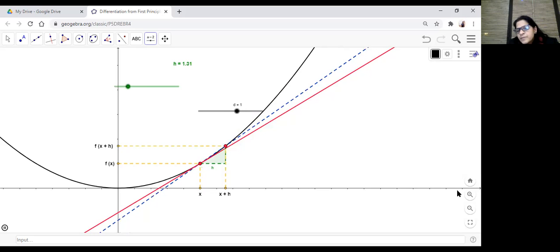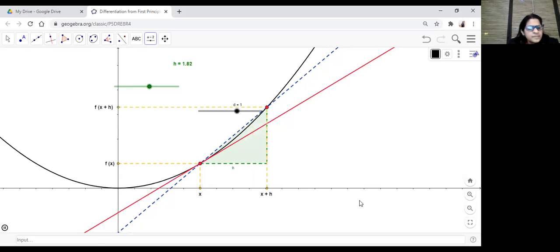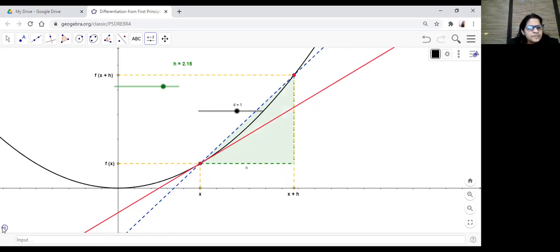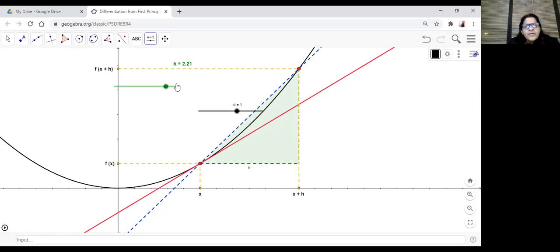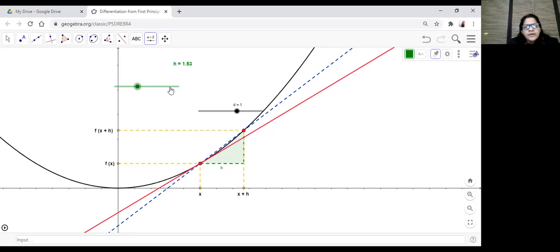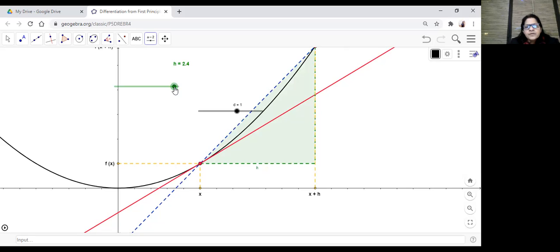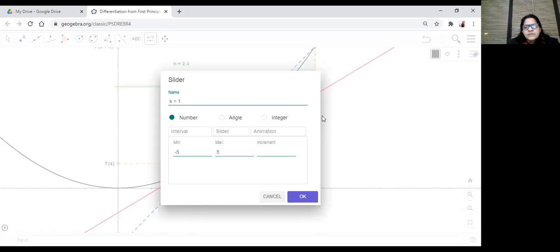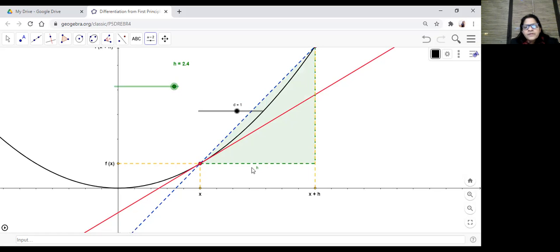Just a little bit of animation. So here you can see. Now, are you able to see it? Whenever this is happening, you can just observe the change. At this point, when the points are distinct, this is your f of x plus h minus f x, this is h, right? And this angle is theta. So it means tan theta equals the slope of the secant.